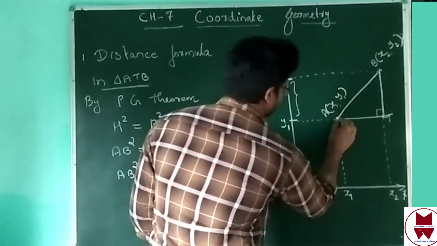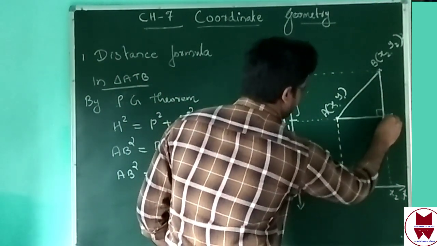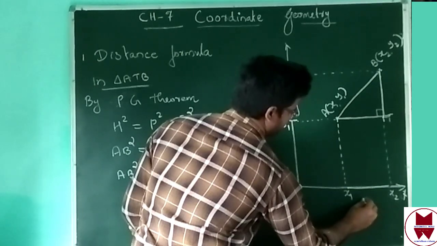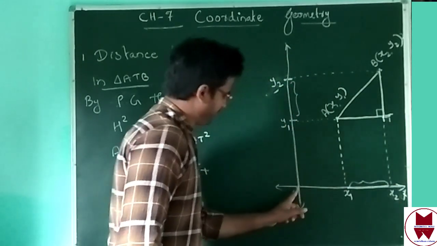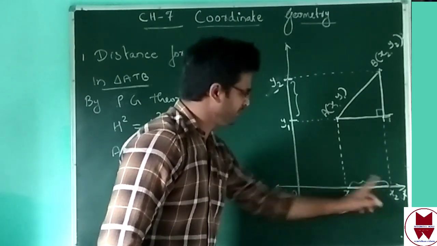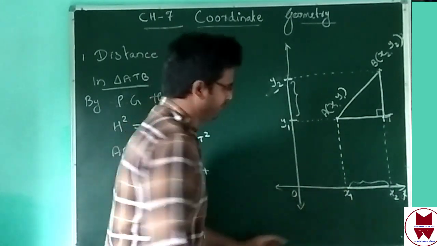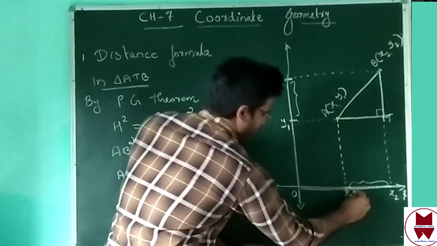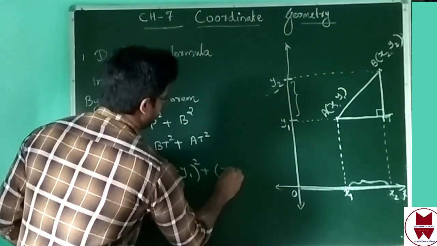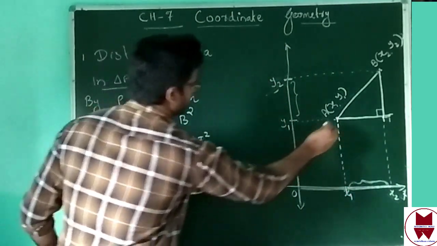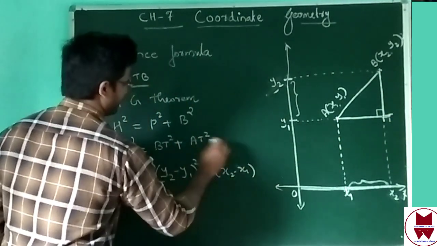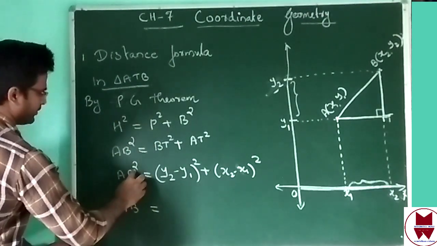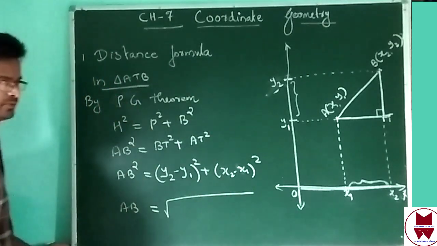AT means the distance up to here. That means x2 minus x1. This distance from here up to here is x2, isn't it? Then from 0 up to here is x1. If you find the total distance, that is x2 minus x1. Same only, this x2 minus x1. Then all square. Then AB equals, bringing this square to the right side, the square root of x2 minus